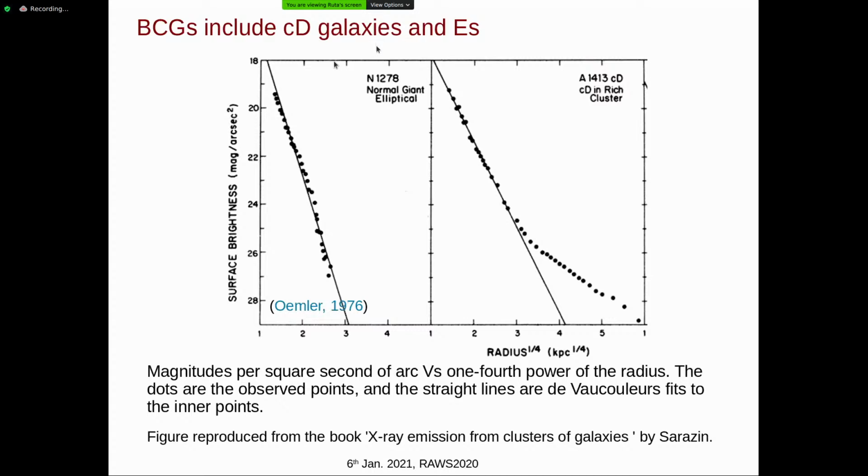They are also called CD galaxies. So these CD galaxies are basically, so this is surface brightness, magnitudes per arc second square, and this is the radius, from the center of the galaxy to outskirts. If you plot a profile of surface brightness, you'll see that the surface brightness profile follows this curve. Whereas for these giant galaxies at the centers of galaxy clusters, this curve basically flattens out and there is another envelope which is called the extended halo of the galaxy, and this is one of the characteristics of these brightest galaxies.